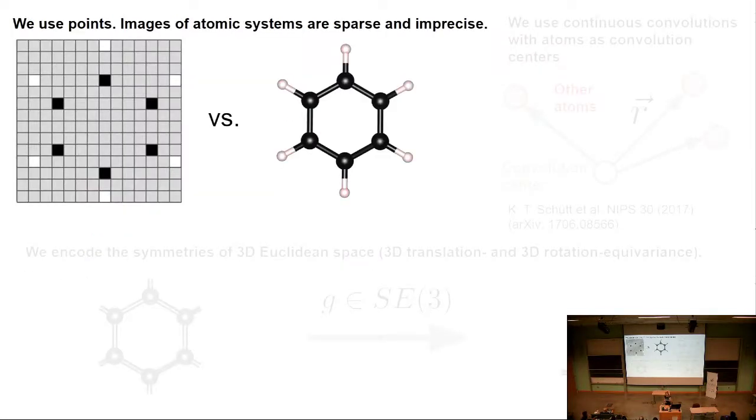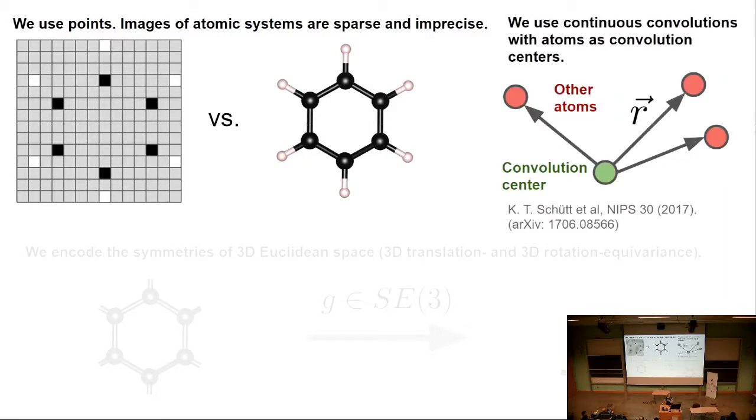Okay, so we start off with a traditional convolutional neural network like you would use for images, except we don't want to deal with images because images of atomic systems are sparse and imprecise. If I show you this image of benzene, there's a lot of dead pixels that really aren't doing much, and worse than that, it's going to be less precise than if I just use points. So first of all, we use continuous convolutional neural networks. So meaning instead of a discrete filter, we're just going to evaluate a continuous function, which is that slide. So you have a convolution center, you have some radial distance vector, you evaluate some function for that radial distance vector, and that's the filter that you apply to the system.